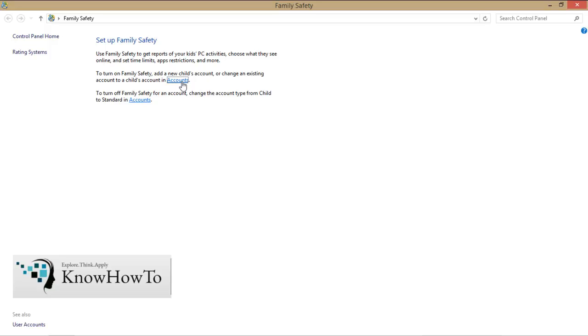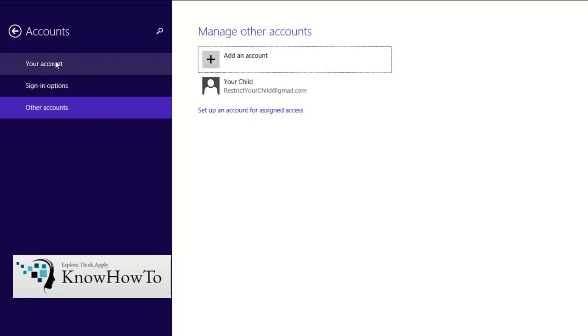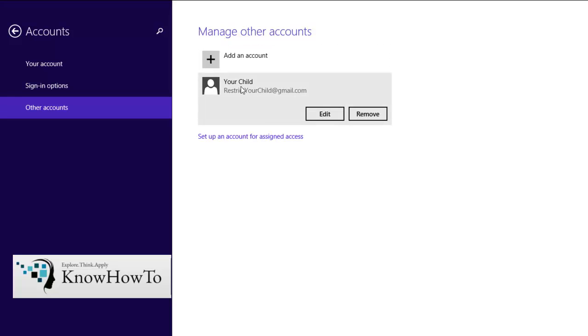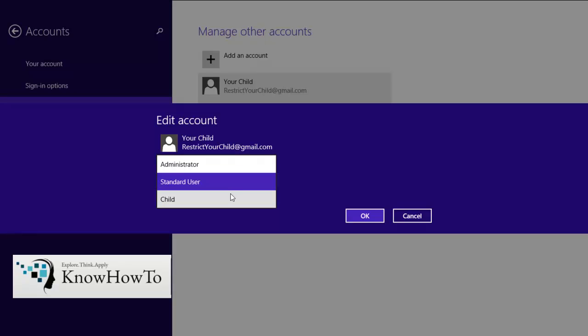Okay, so I need to click on this accounts option, and here as you can see in my accounts folder I have one account, namely your child, and the Gmail ID of that account is restrictyourchild@gmail.com. So I have to select this and I need to edit it, because for now the account type of this account is standard user, but I need to make it a child account.